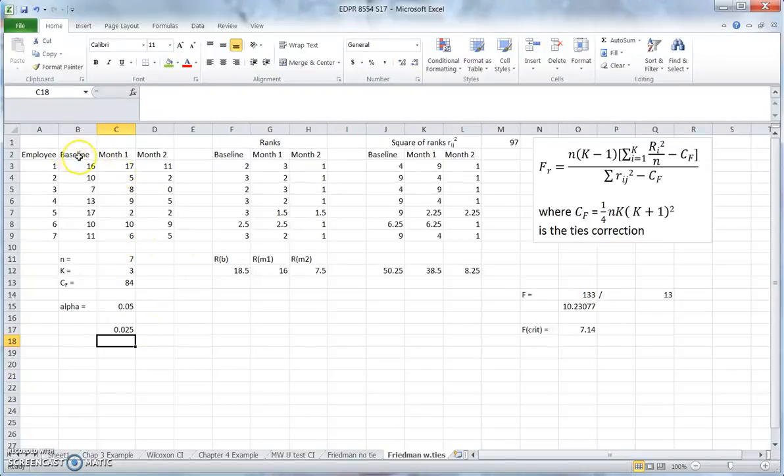Well, if you decided I'm going to run 3 tests, comparing baseline and month 1, baseline and month 2, and month 1 and month 2, you actually have to divide your alpha by 3. So divide by the number of tests you're going to run. For each test, when you get the p-value from SPSS, you compare it with the 0.0167 you got. That's how you run the post-hoc test for the Friedman test. You only need to do this when you have a rejection of the null hypothesis. In Friedman test,